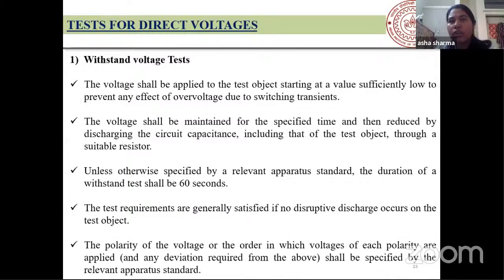I have given the general overview. It depends on whether we are using a cable or a transformer, so what is our requirement? According to that, we can apply the over voltage. Also, in the DC voltage, we keep in mind the polarity of the voltage, or the order in which the voltages of each polarity are applied. That will also be kept in mind while doing this withstand voltage test. So if for a particular 60 seconds,